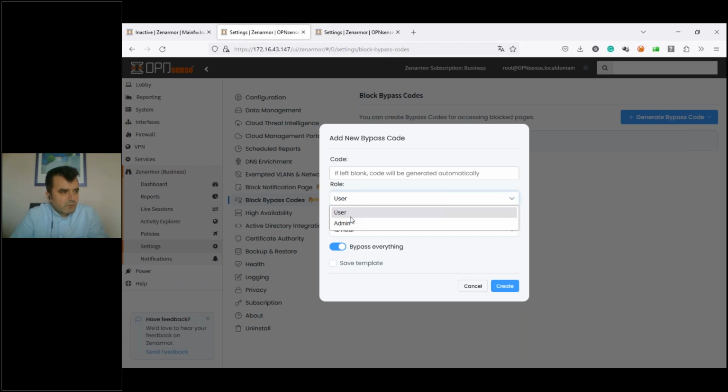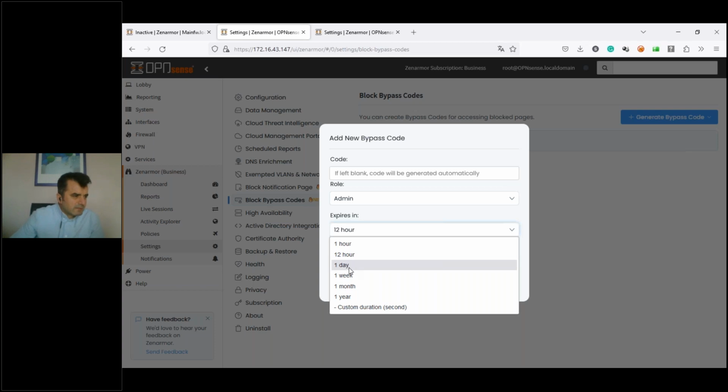For example, if the user used the PIN number for their laptop, the site will be accessed only on that laptop. But if you create an admin PIN and give users this PIN, the blocked site will be accessible for the whole network.